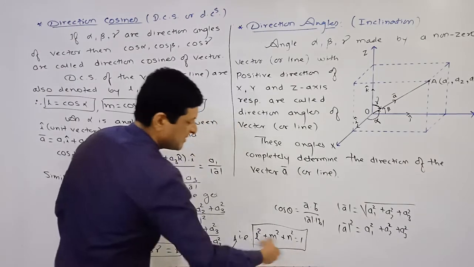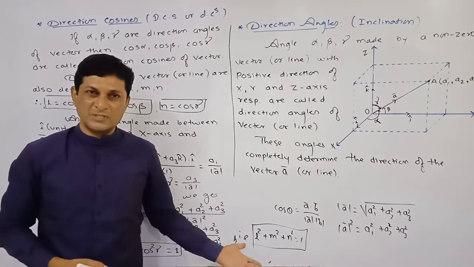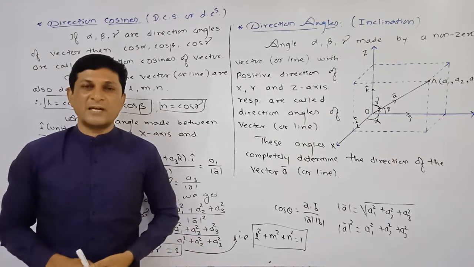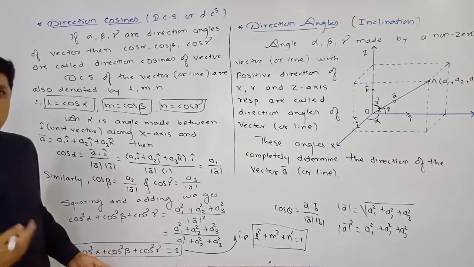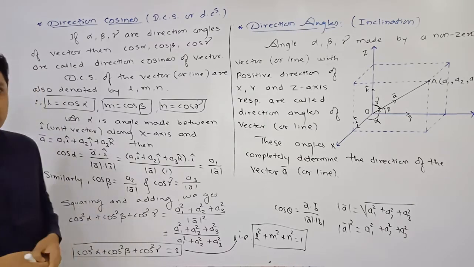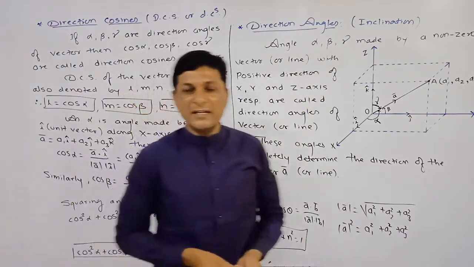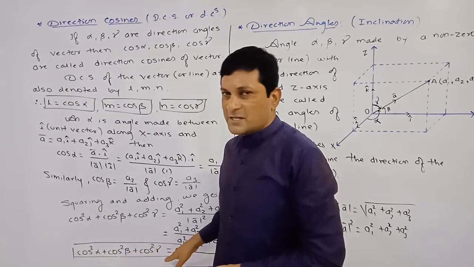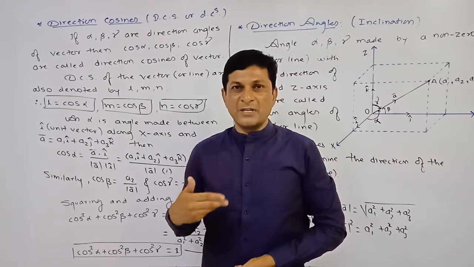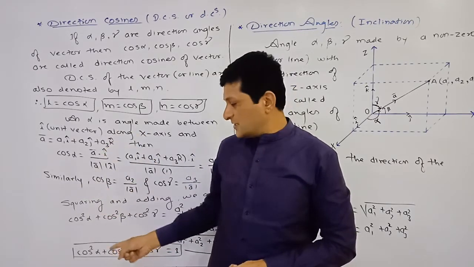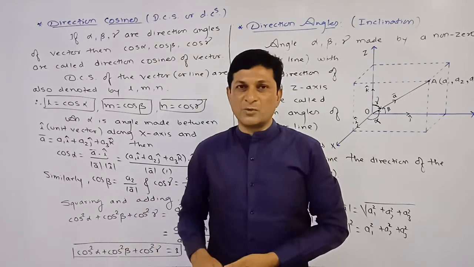So you should remember this result. In some examples, direction cosines are denoted by l, m, n, so use this result. If direction cosines are denoted by cos alpha, cos beta, cos gamma, then use this condition. Generally, while finding angles, if two angles are given, for example alpha and beta, and the question is to find the value of gamma, in such examples we apply this condition. We apply it when direction angles are given and the example is related to direction angles or direction cosines. We will discuss how to apply that condition while solving the examples.